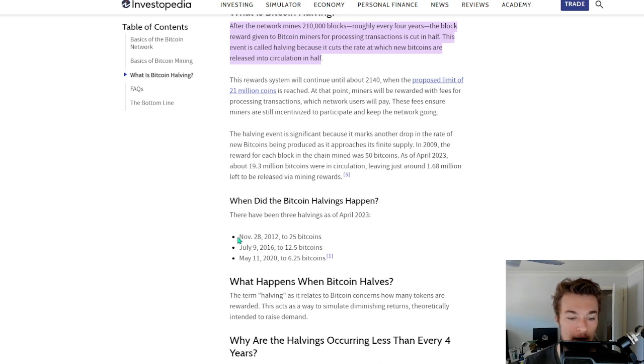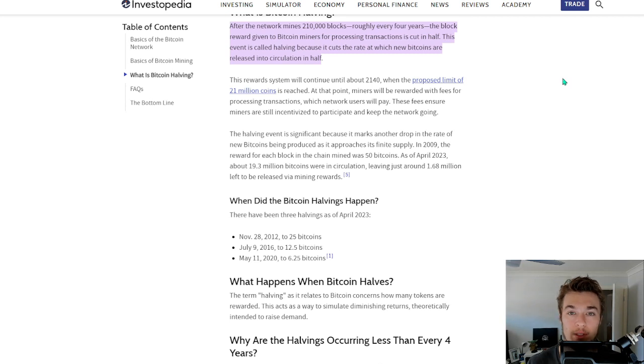So you can see here, November 28, 2012, it went from 50 to 25 Bitcoins. So everything was the same. You'd be mining your Bitcoins, but instead of receiving 50 Bitcoins every 10 minutes for your efforts, you'd only be receiving 25. And then so on and so forth. On July 9, 2016, that went to 12.5 Bitcoins. And then this is where we are now, May 11, 2020, where current Bitcoin miners are receiving 6.25 Bitcoins every single 10 minutes